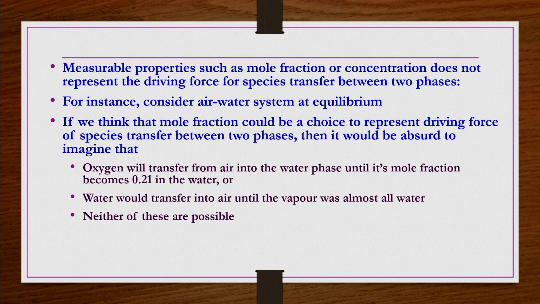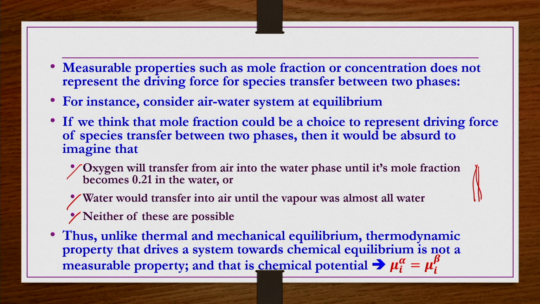So, then what is it? Because obviously we know neither of these are possible for this case of air water. These arguments are going to be valid for any system that you are going to take. We have just discussed the air water system, because we know that if you have oxygen transfer in the air, the oxygen mole fraction is 0.21. Likewise, if you take any system, it is not possible to represent chemical equilibrium in terms of mole fraction or concentration.